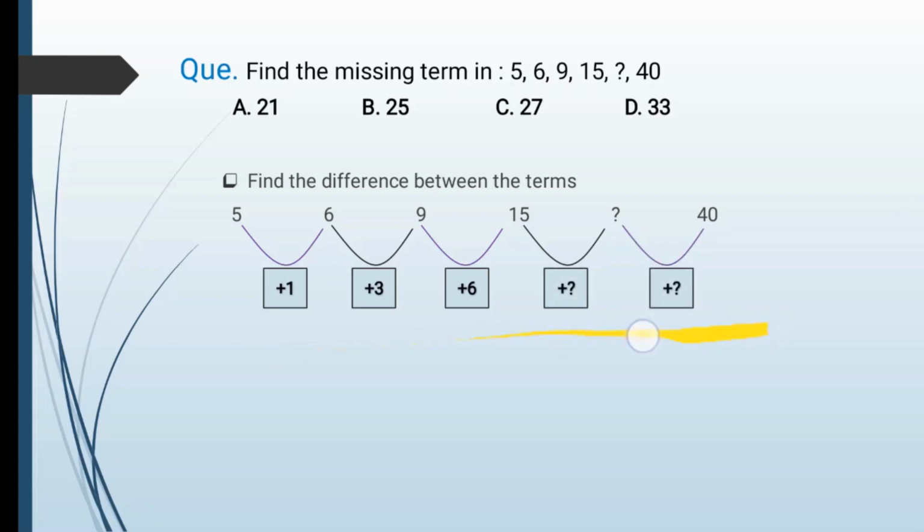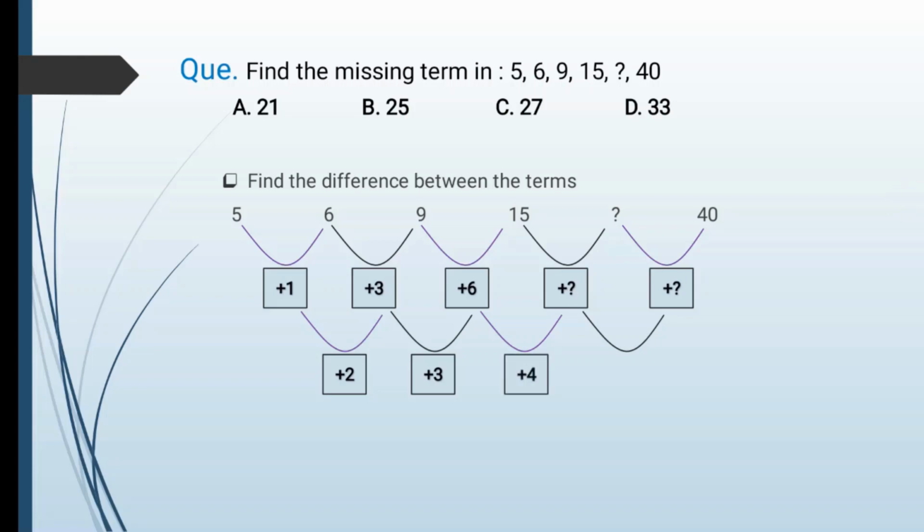So as of now I don't see a pattern here, so I'll again subtract these numbers and try to find out a pattern. The differences between the differences are 2, 3. When I see 2 and 3, the next terms which I logically think about are 4 and 5. So let me try with the next terms as 4 and 5. If I add 4 and 5 as the differences, what will I get? 6 plus 4 is 10 and 10 plus 5 is 15. So the next differences will be plus 10 and plus 15. So by adding 15 and 10 I'll get 25.